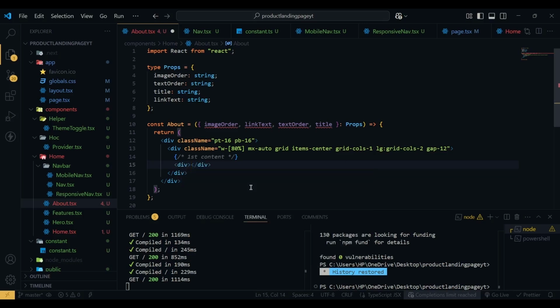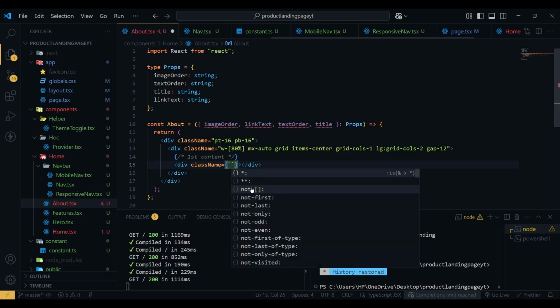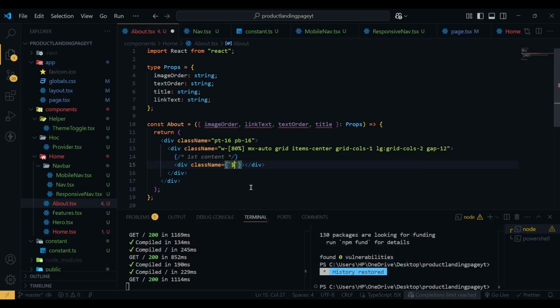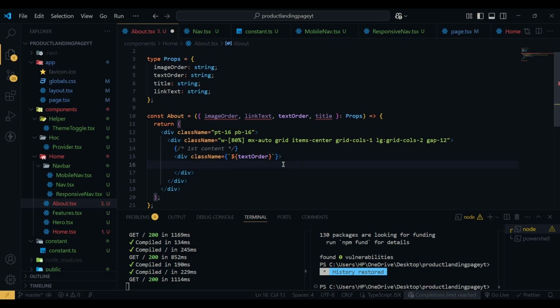So we have a div, and this div will have a class name where we are going to use a template literal so that we can attach our text order. Then inside this div we have the text content. It can be first order or it can be second order. Then inside this we have an h1 with the title,